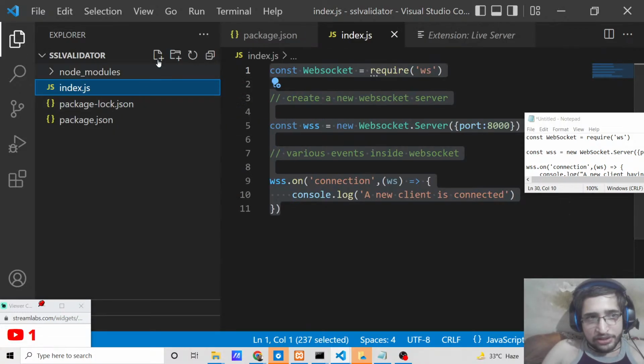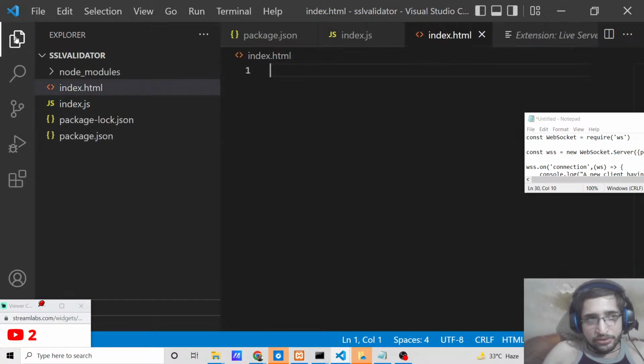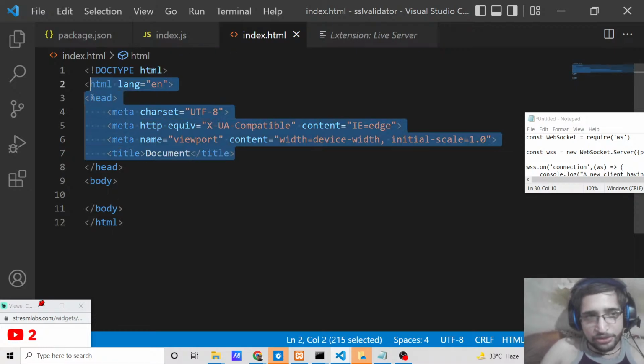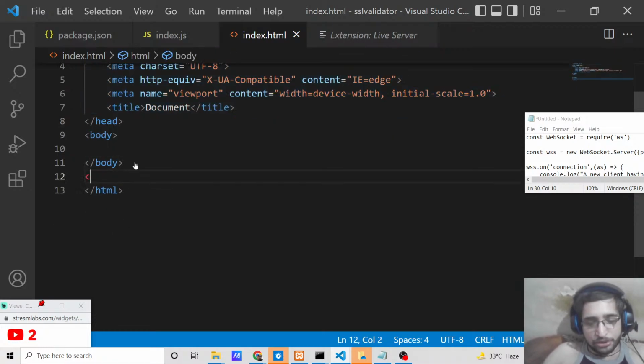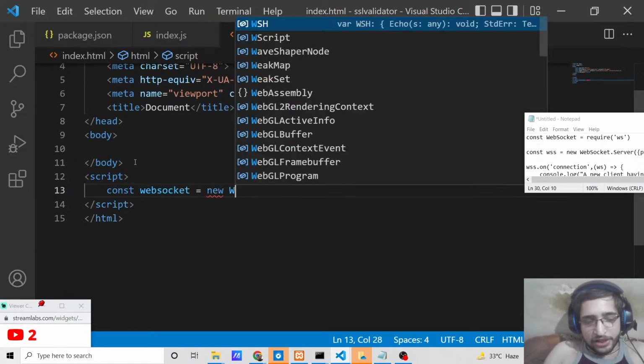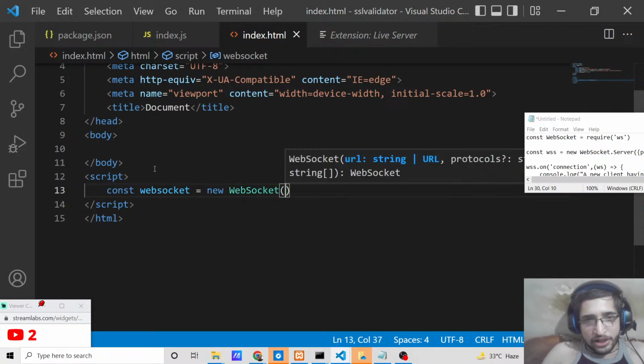So we can write the client side code, which is index.html. Right here, you don't need to include any library. Inside the script code, you just need to make a simple WebSocket, and you need to initialize a new WebSocket. And here you need to provide the address. So the address is